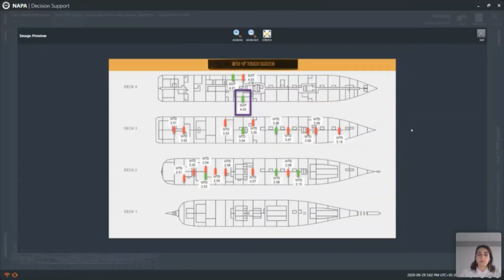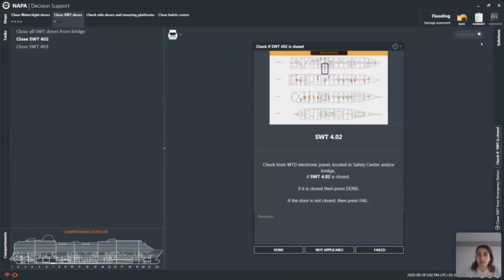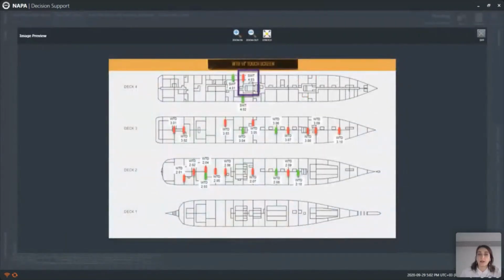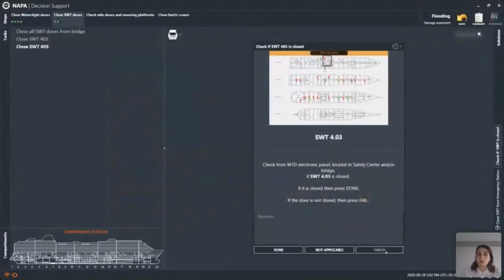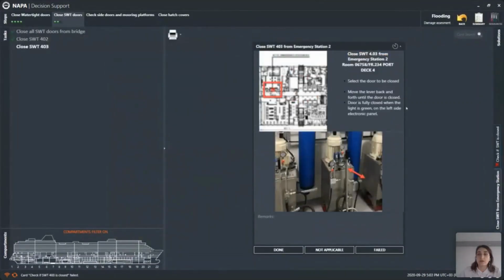The first one to be checked is door semi-watertight 402. We can see from the electronic panel that it's closed. The signal is green, so we press done. After that, we check door 403. This one is open because the signal is red. So we press fail, and we proceed to the second solution, which is to close it from the emergency station